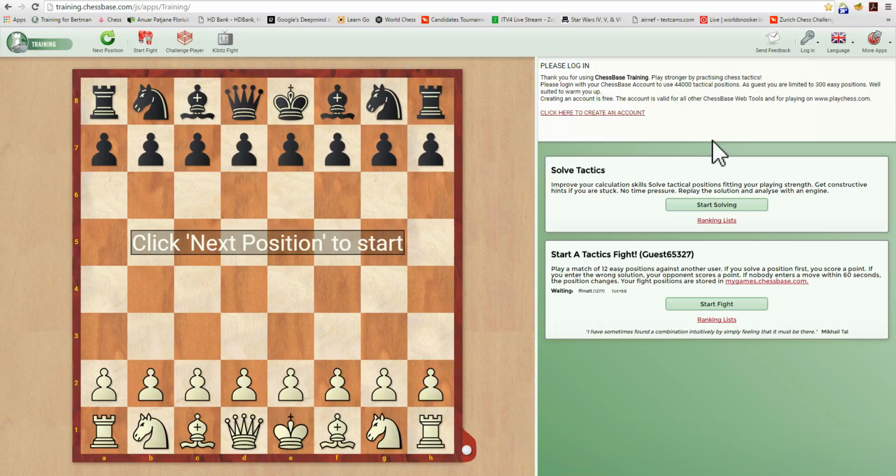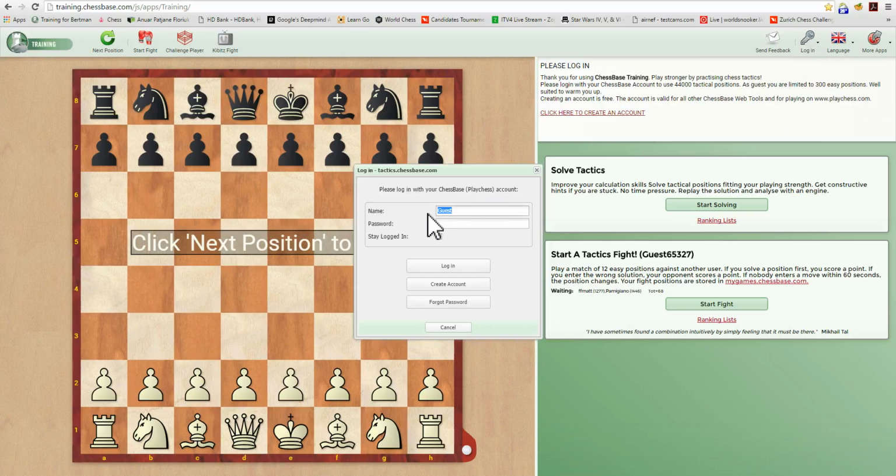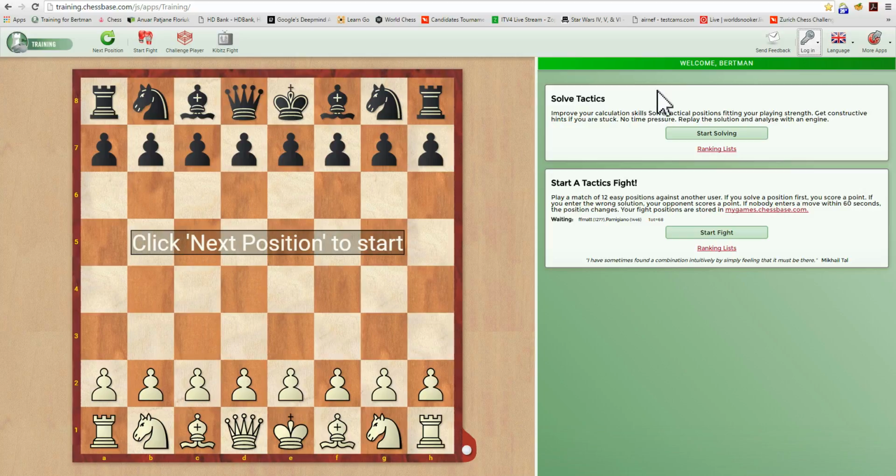So let's first go into the login. Give it my name. And connect. Okay, it's recognized me. Welcome, Bertman. Solve Tactics and Start a Tactics Fight. These are both two different kinds of exercises. The Solve Tactics is your classic: sit down, here's a position, solve it, white to win, or black to play and win. And Start a Tactics Fight is a new kind of way to work your exercise, your tactics. We'll go into the Solve Tactics. So click on it, start solving,